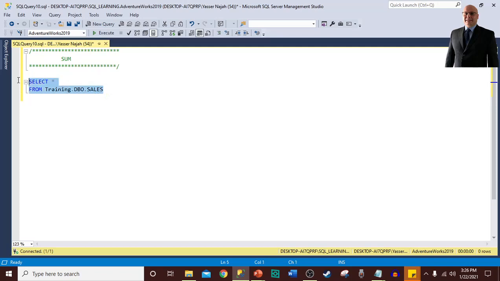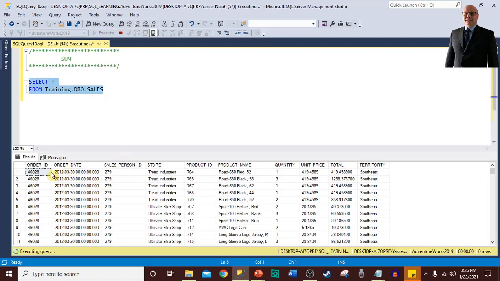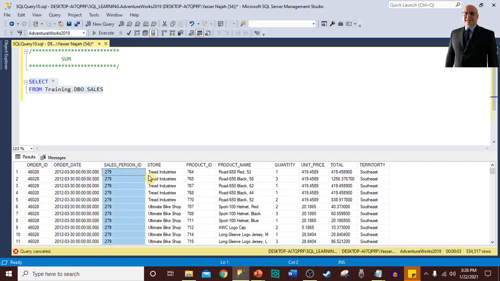Let's see what the sales table has first. So we have an order ID, an order date, salesperson ID, store, product ID, product name, quantity of product sold, unit price of product sold, the total price of the product sold, and the territory under which those